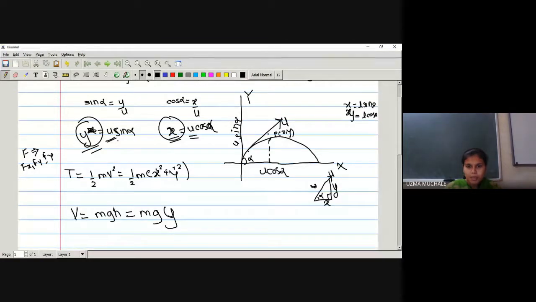y is nothing but this y-axis, that is, up to where it is going to go. Okay, at what height we threw it, right? So after some time it will go down, and here you can say this will be the height of the particle. Okay. So now we can say x and y simply describe the position of a particle. So x and y itself will work as generalized coordinates. That means Cartesian coordinates will work as generalized coordinates.